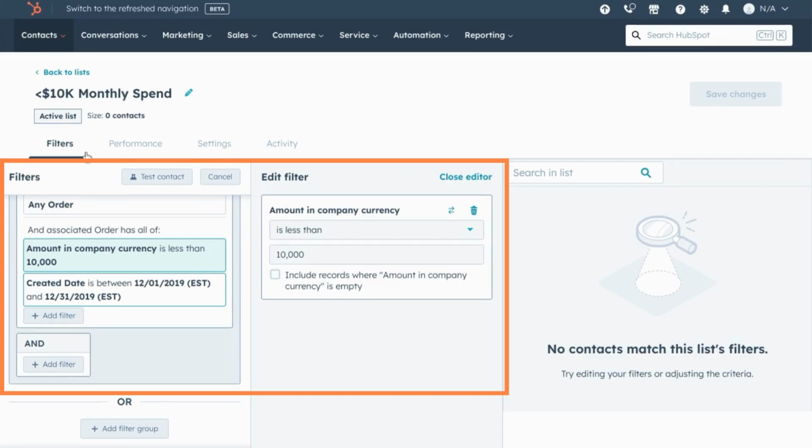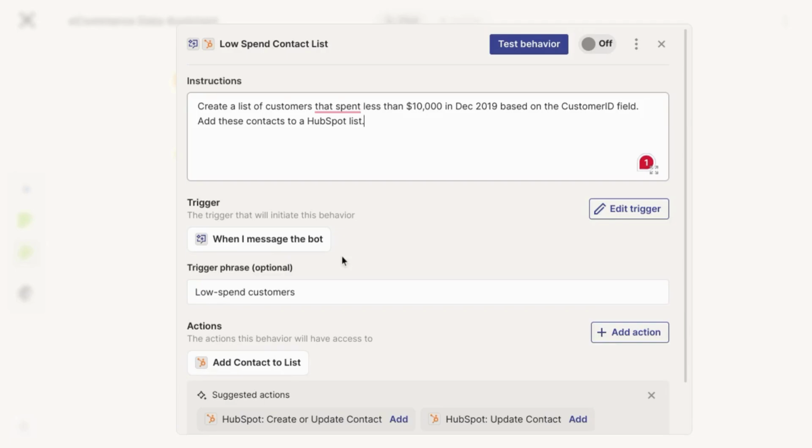In HubSpot, I created a list with these filters for this amount for the month of December 2019. So we'll create a behavior to create a list of these customers based on the customer ID field and the spend in that month, and then add these contacts to a HubSpot list. So of course you'll need to connect to a HubSpot account or a CRM account for which you can do this, and create a trigger when we message the bot, the AI assistant, low spend customers, then it'll fire off